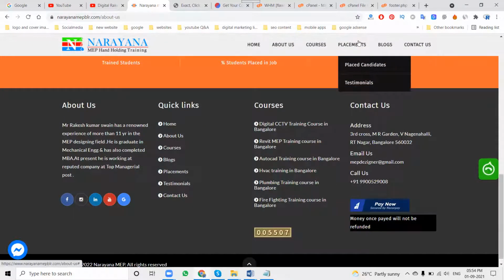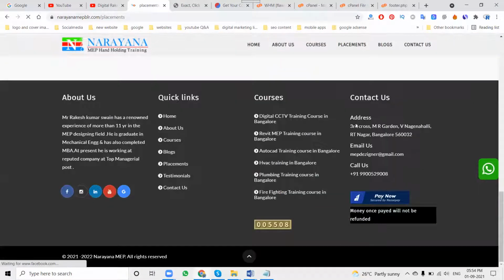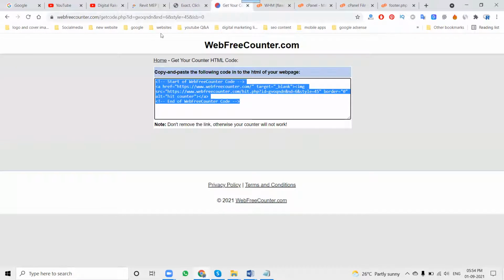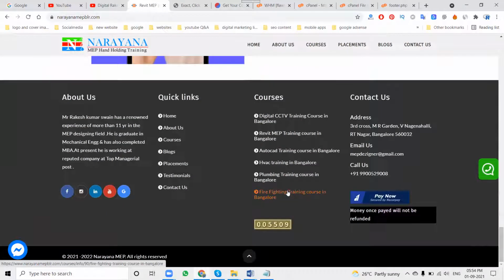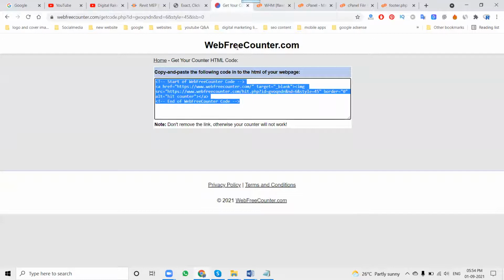So if we go to any option here, check the page count here. Any color you can change in this. I am changing the color only for visibility purposes. So this is how we can add the visitor count on your particular website.